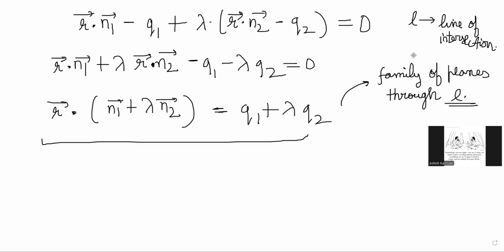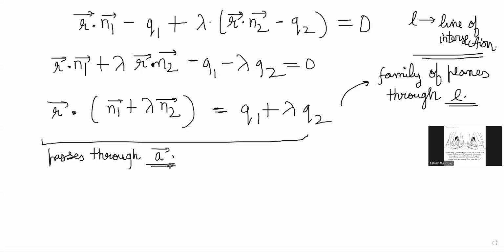Is everyone following so far? Okay. Now I have to say that I don't need the entire infinite set of planes. I only need one particular plane out of this family, right? I need the plane that passes through a vector,